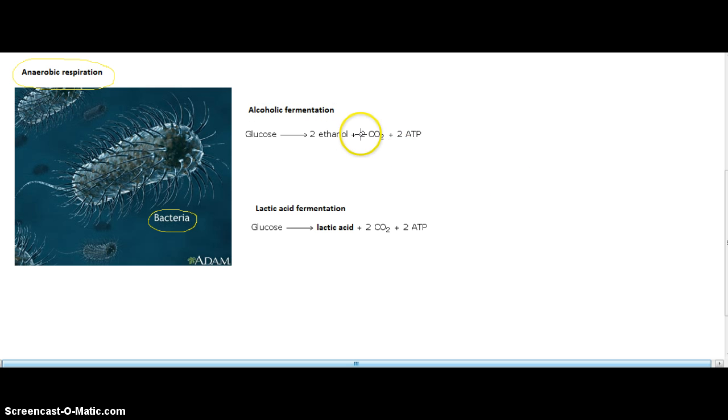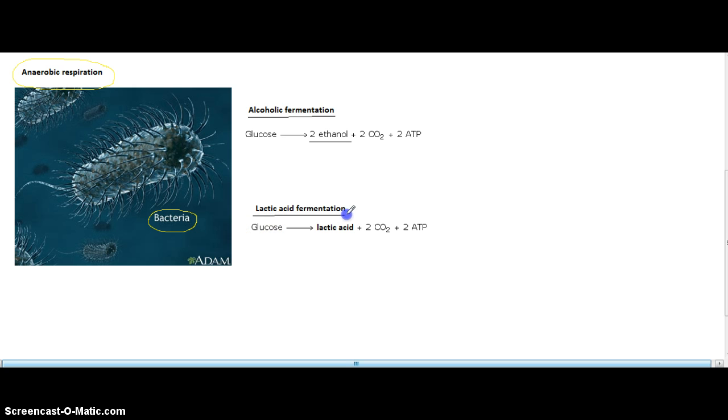In alcoholic fermentation, you have ethanol being produced, and ethanol is alcohol, and ethanol is a toxin. So if ethanol becomes too highly concentrated, organisms start to die, which is one of the reasons why alcohol, for example rubbing alcohol, makes very good sanitizers. I mean, what is hand sanitizer? It's alcohol. It comes from alcoholic fermentation. We generally get it from yeast. We talked about yeast in the last video.